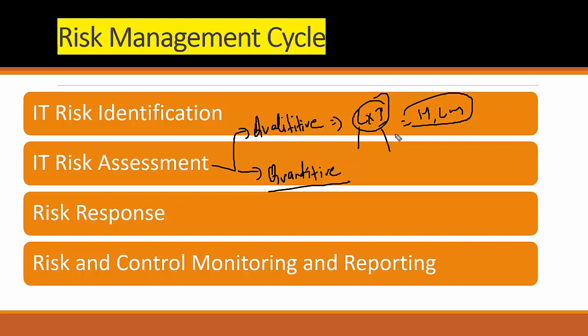One more example of qualitative risk assessment: during an audit, I discover some RFCs, some request for change samples of the change management, do not have adequate data. Or during a log analysis, I discover some IP address has not defined the required configuration. What is the likelihood of this? High. What is the impact if they don't follow it? Also high. So rate it as a medium risk because it's an operational risk. So this is how we document a qualitative risk assessment, and it is one of the fastest ways to prioritize. Second is called quantitative, where we use a calculation.